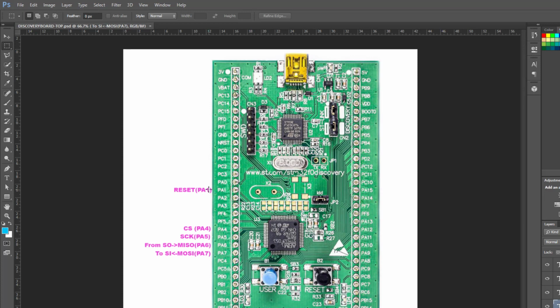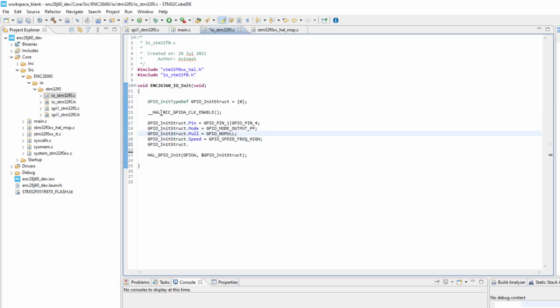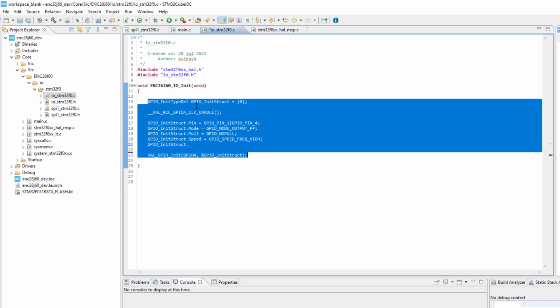As you may know, a GPIO pin can be configured either as output or input pin. As these are output signals, we will initialize them as output. How we will do that, I will not cover in this tutorial, because it is assumed that the user is familiar with the STM32 microcontroller before developing this Ethernet driver. So it is assumed that the user knows how to initialize the GPIO pins. I will simply write the code. So here I have added the code.